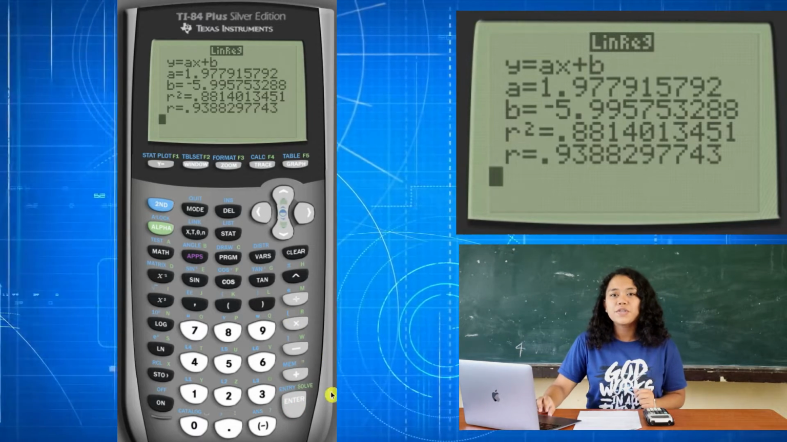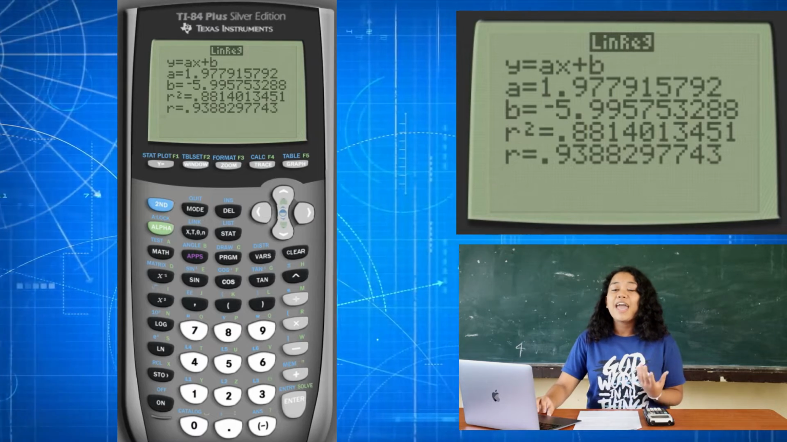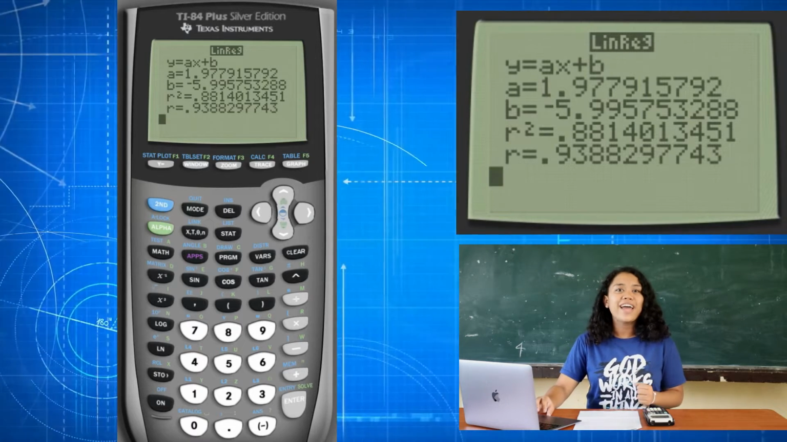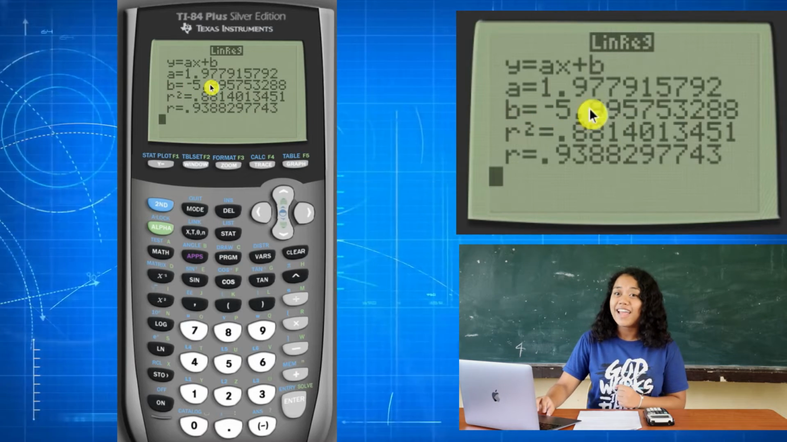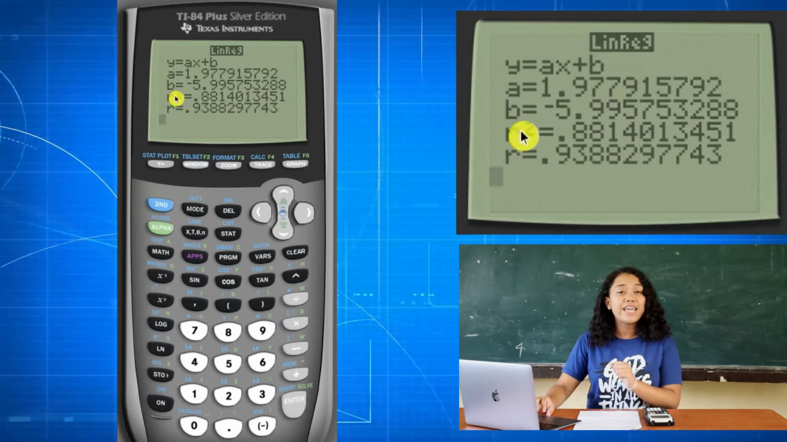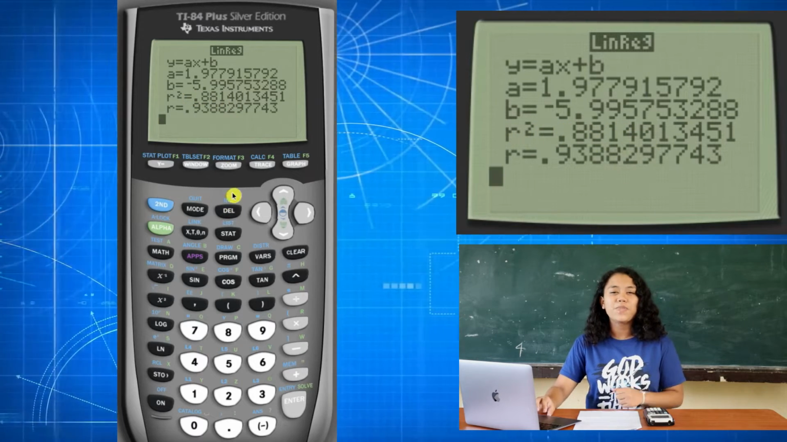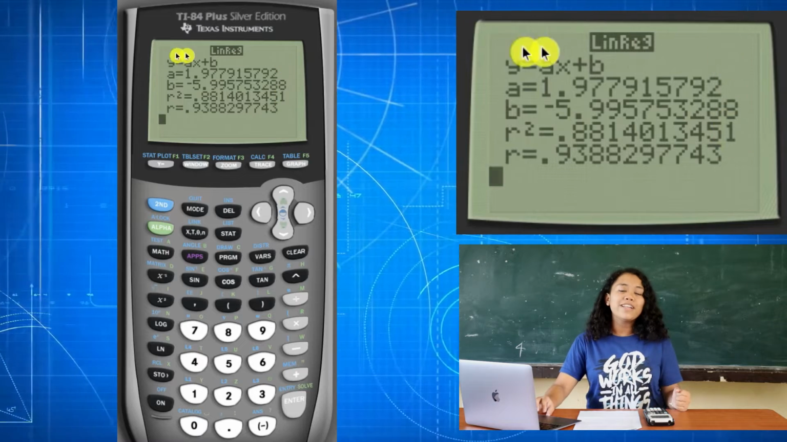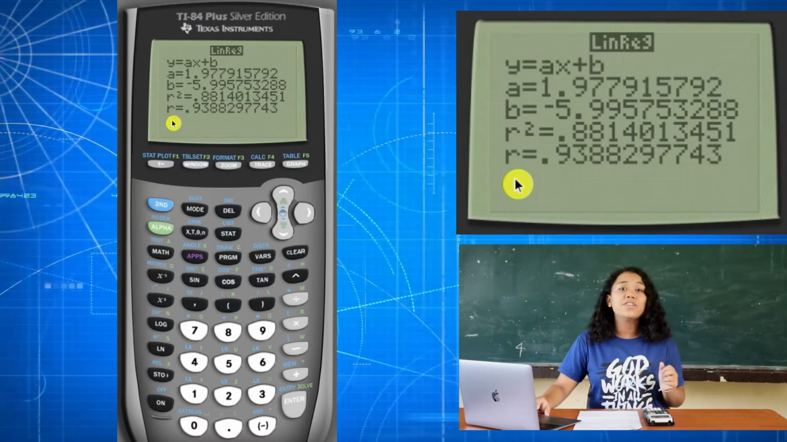The first two values on the screen are the coefficients of our regression, which is A is equal to 1.978 and B is equal to negative 5.996. Note that we have to save this information for later. Next is the R squared of the regression value. Lastly, the Pearson R correlation is what we need. Focusing on the value of Pearson R, which is equal to